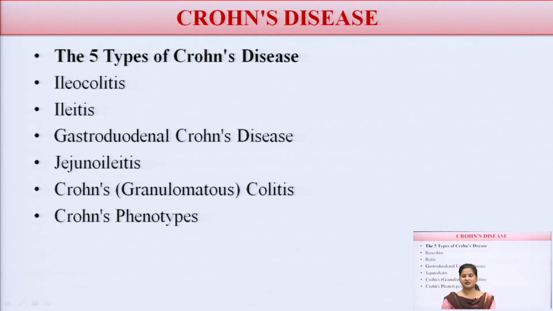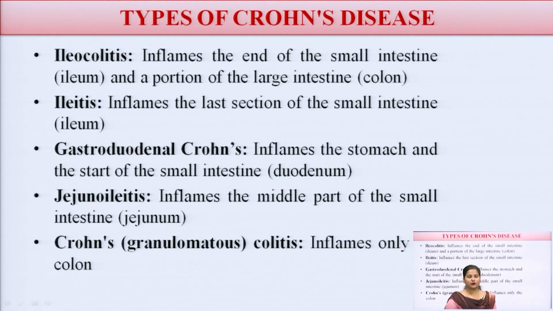Now, Crohn's disease has different parts. As I told you, Crohn's disease occurs in the different segments of the digestive system. So Crohn's disease has different types. There are 5 types: ileocolitis, ileitis, gastroduodenal Crohn's disease, jejunoileitis, Crohn's colitis and Crohn's phenotypes. These are the types of Crohn's disease which occur in the different segments of